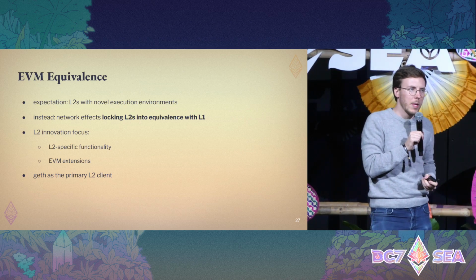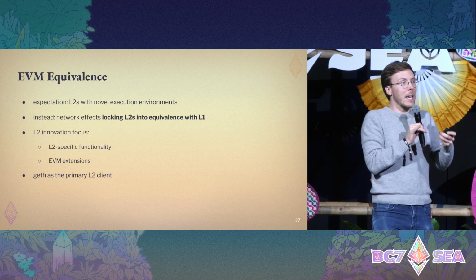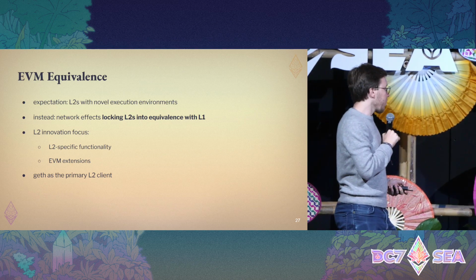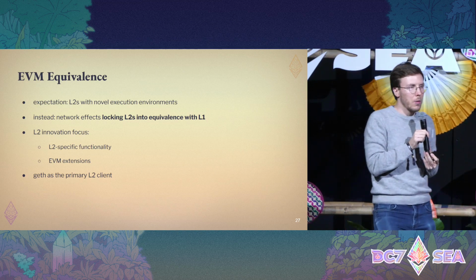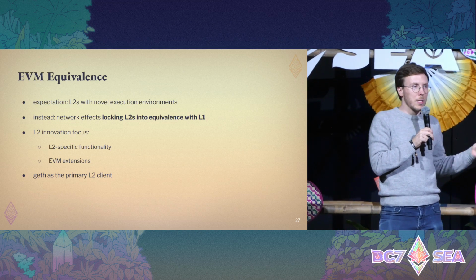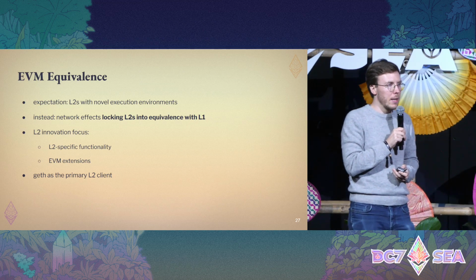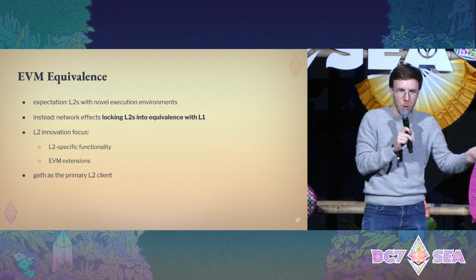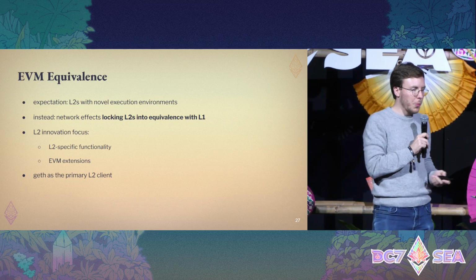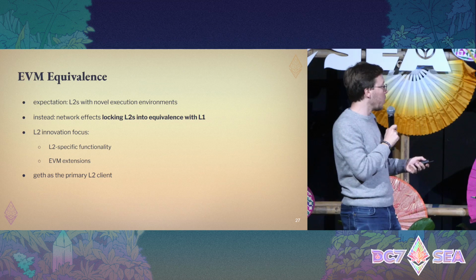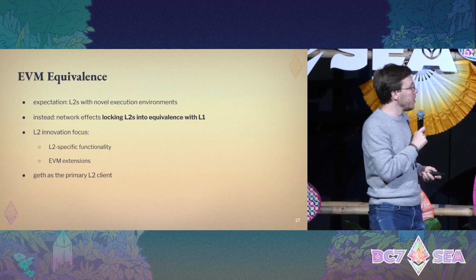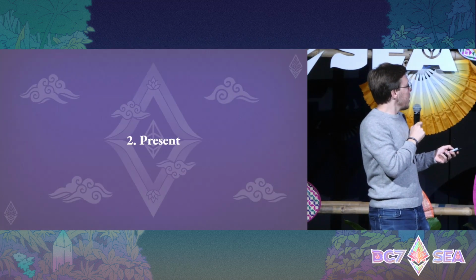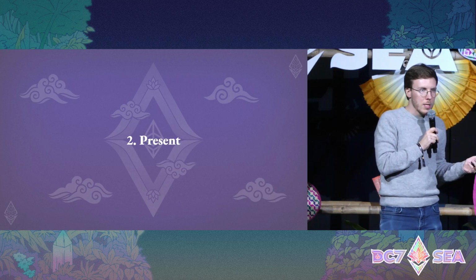I'm not sure how many of you are familiar with Arbitrum Stylus. That's an example of an extension to the EVM that left the core of the EVM unchanged and just added something on top. And then one more wrinkle to this: the consequence of the EVM equivalence was also that most L2s ended up just going with the dominant L1 EVM client, which at the time was Geth. Of course, Geth is still the most popular one. By now, there are also others that are a bit more on equal footing, but back in the day, Geth was the only main one, and so for that reason it is still the very dominant client in the L2 space.